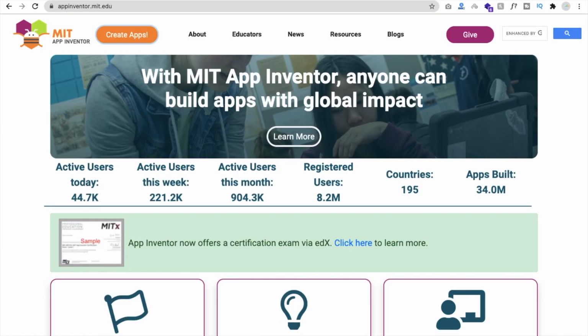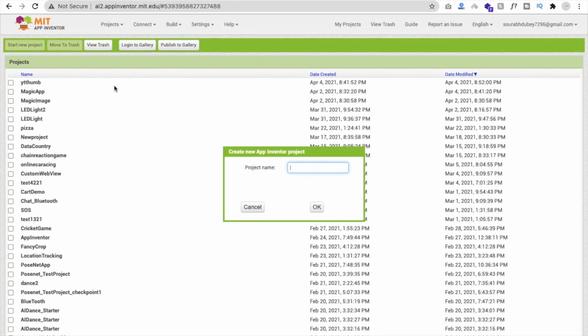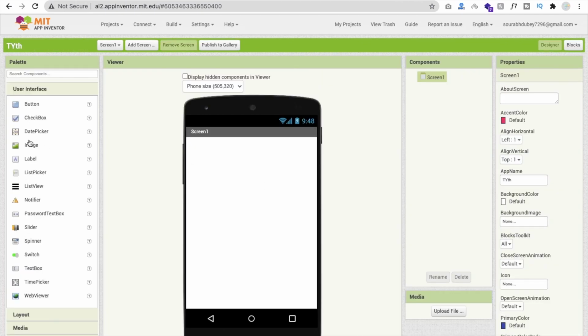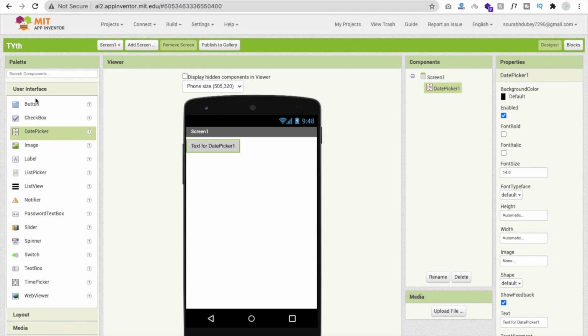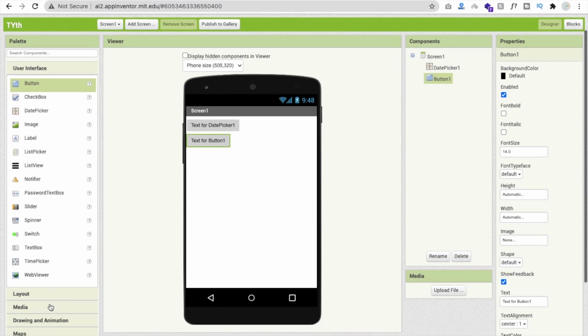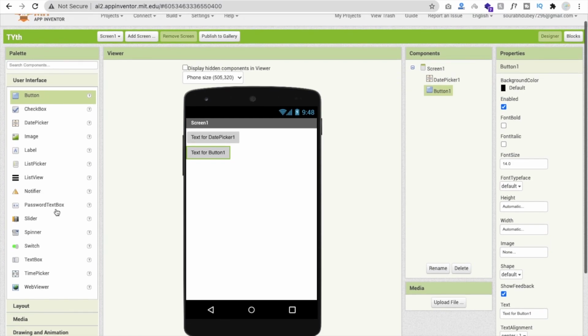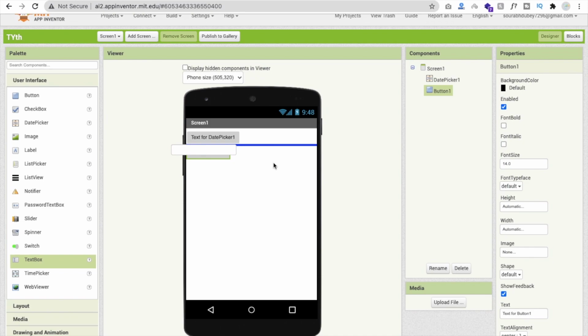Let's create one app first. Create app, click on it, and wait some seconds. Now click on start new project, and the project name is YTTH. I need one image here, one button, and one text box so the user can put the video ID here.